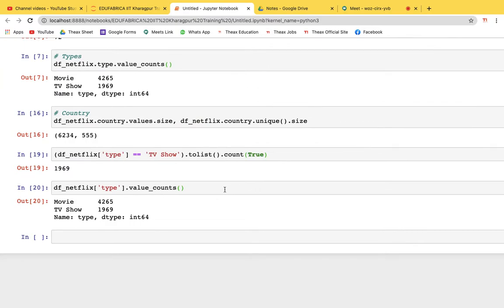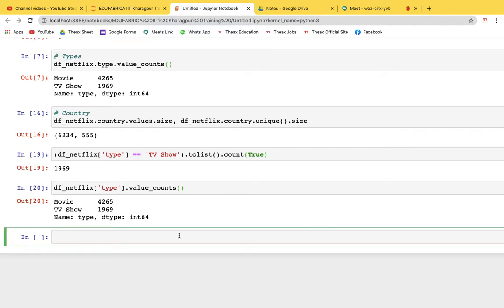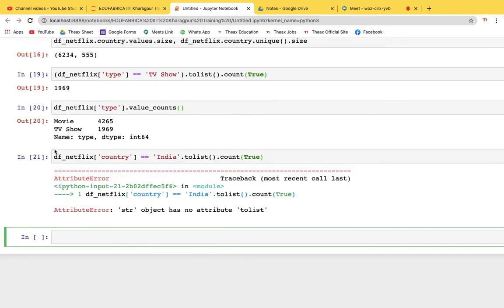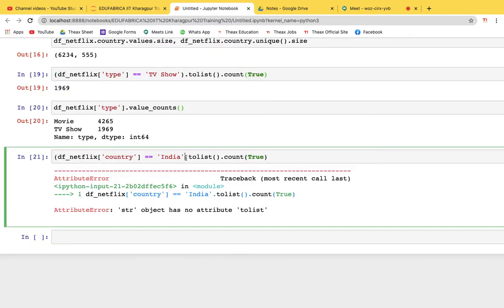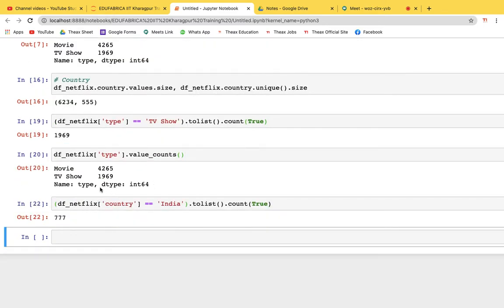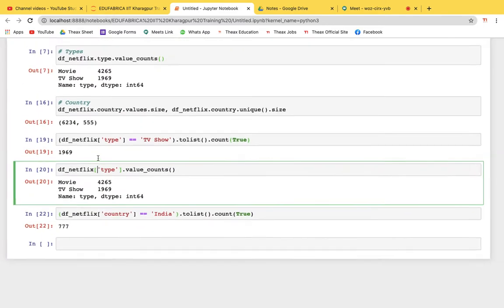So how to find it, right? In the country, if we go for India, we'll write df underscore Netflix of country equals to India, to list, and then count the number of rows. 777, right? So we got